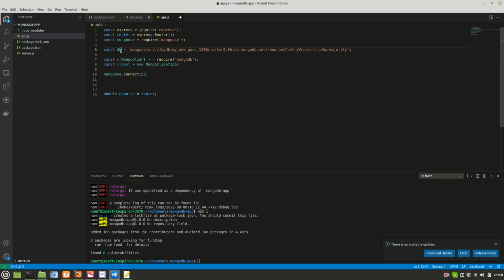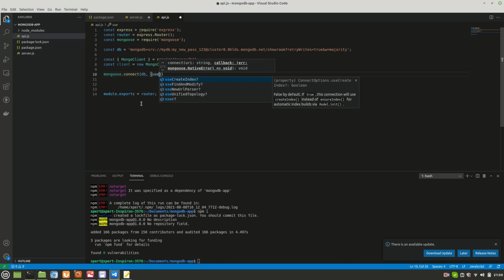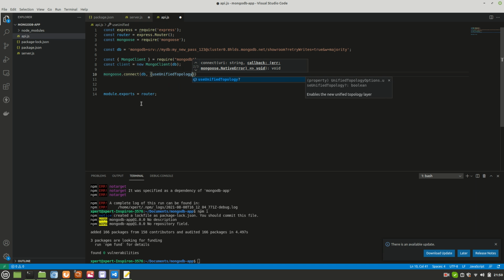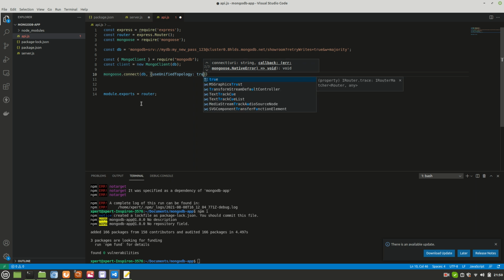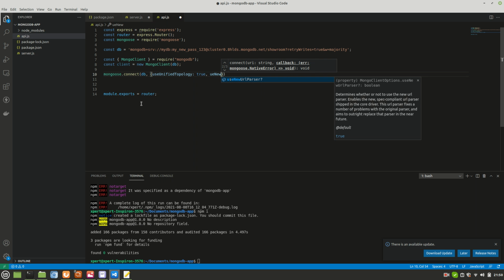First thing first is the DB, which is the connection string. This will go first, and then one object we need, use unified topology we need. We'll set the value to true. Use new URL parser.